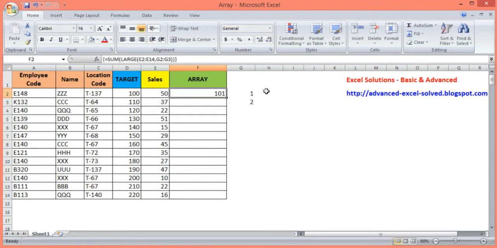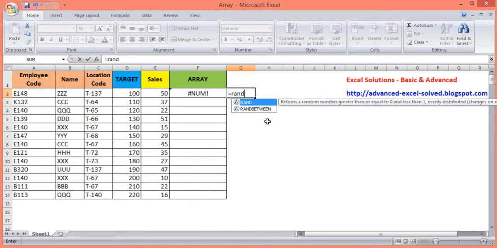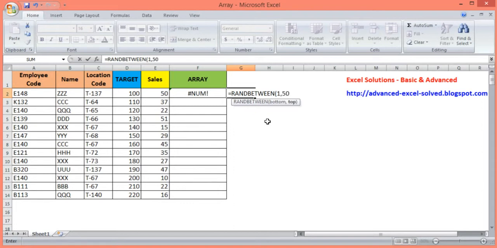I will use a function called RANDBETWEEN. It will generate some random numbers so that I can use them. So I will use random numbers. The bottom number would be 1 and the top number would be 50.